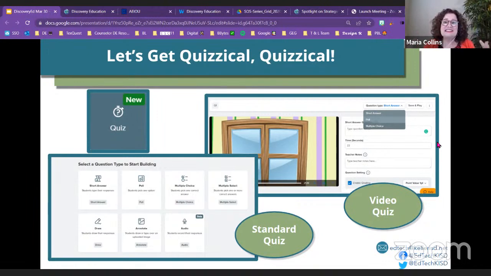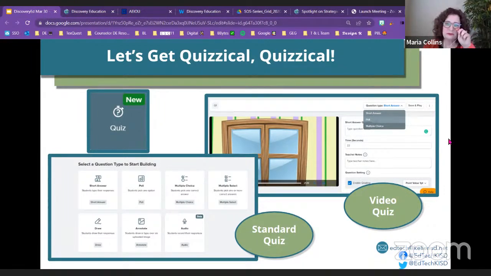But it's basically you select a video within Discovery Education, and then you can add questions. So the students, as they're watching the video independently, are having to interact with it. You decide where those questions are.